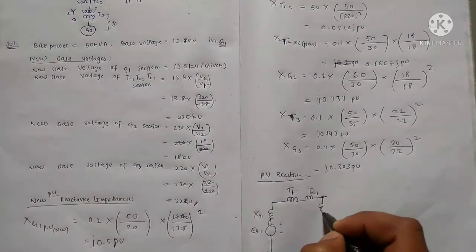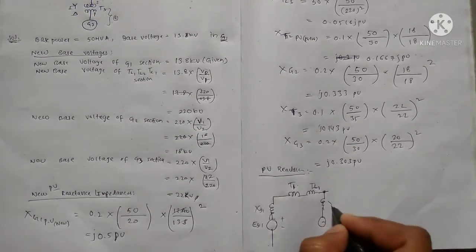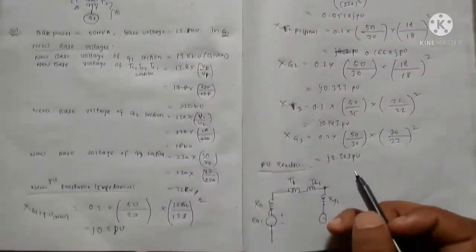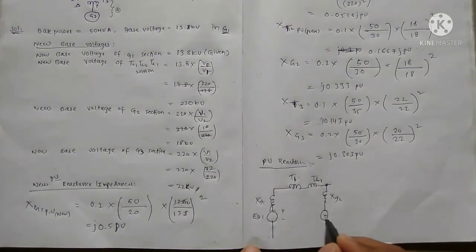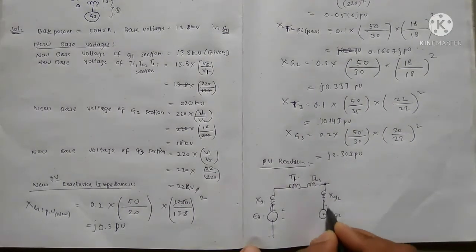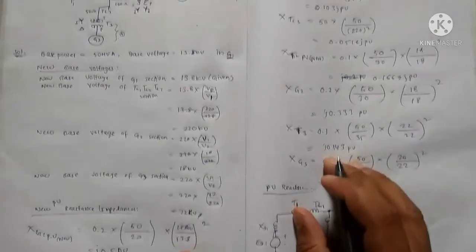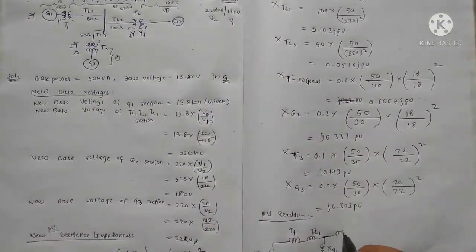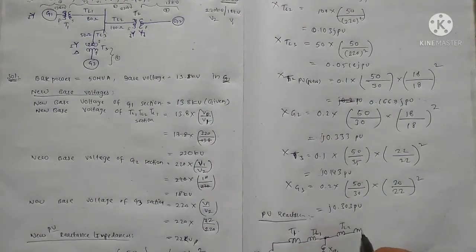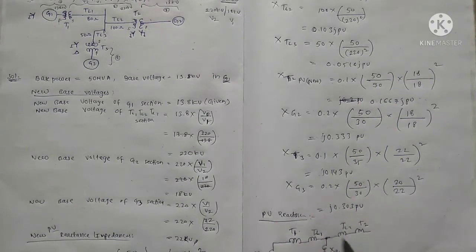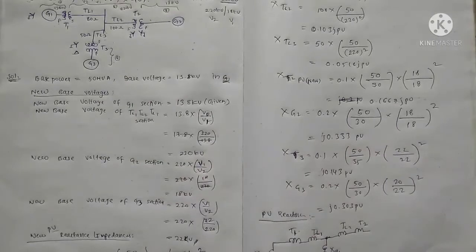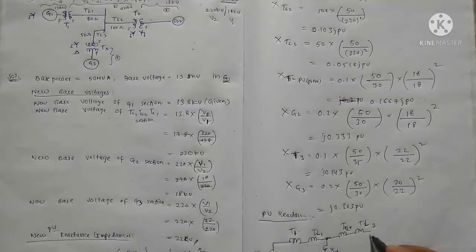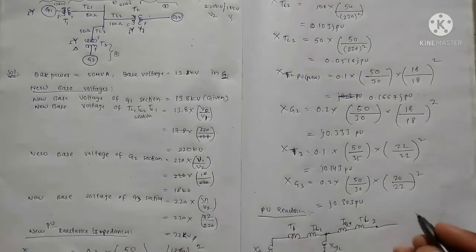We need to connect here G2, XG2. This generator is there, right, generator G2, we need to take it as parallel from this common node. This becomes EG2 plus minus, and from this point we need to take this TL2 transmission line 2 and transformer T2. You can take a reverse also, like we are moving like this, generator G2 has been connected here, we can take this as T2, this as TL2 and move.